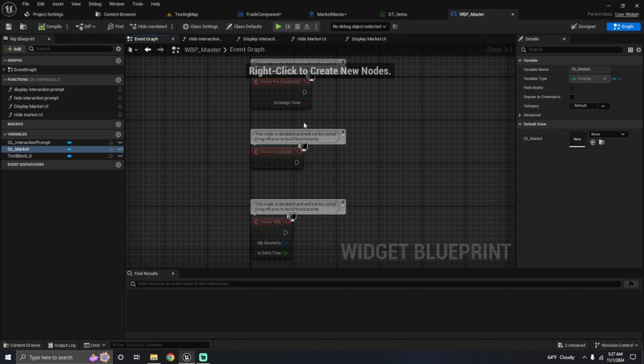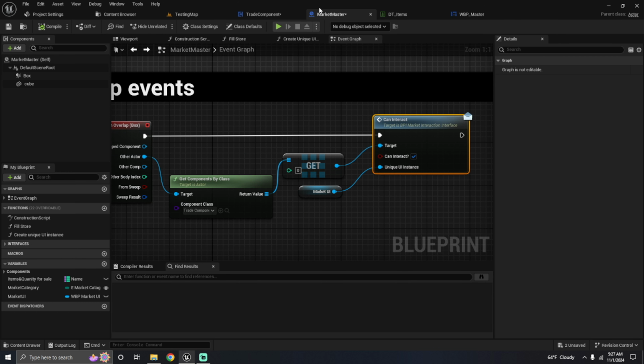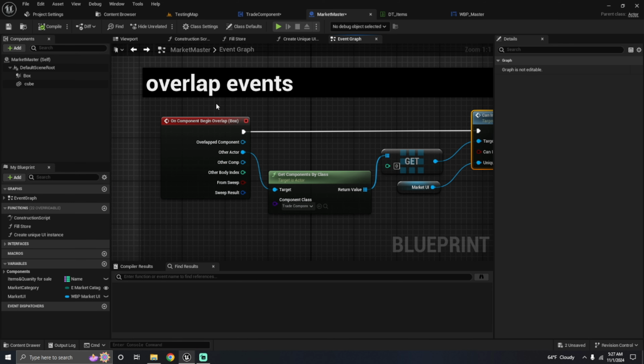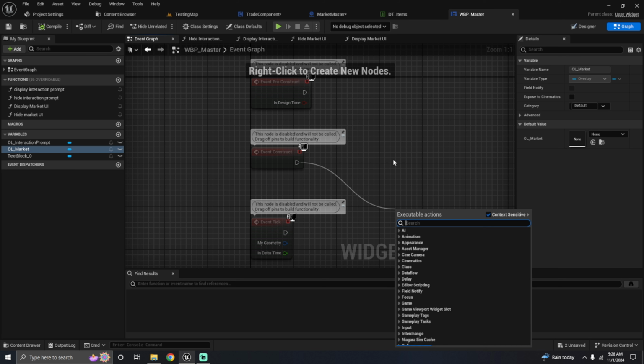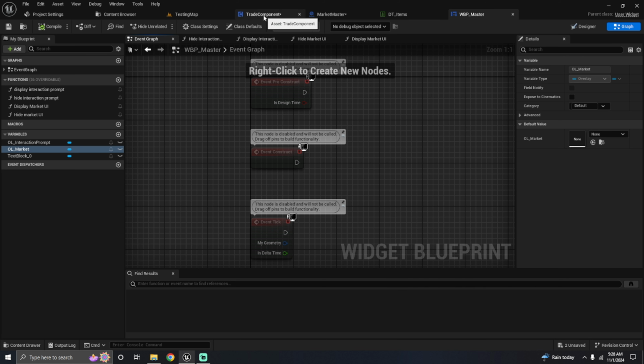That way they're not visible unless we call on it with a function. But since the only thing that we have set up is the market master and its unique UI instance, then widget blueprint master doesn't construct this. The trade, or not the trade component, but the market master does. So, anywho,